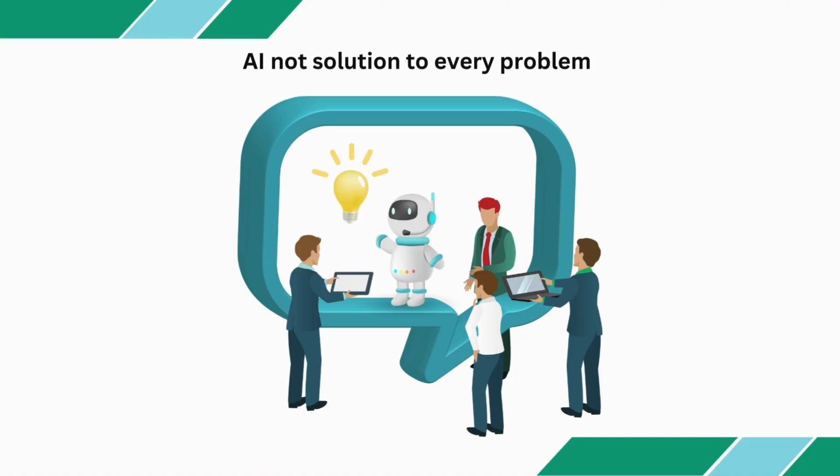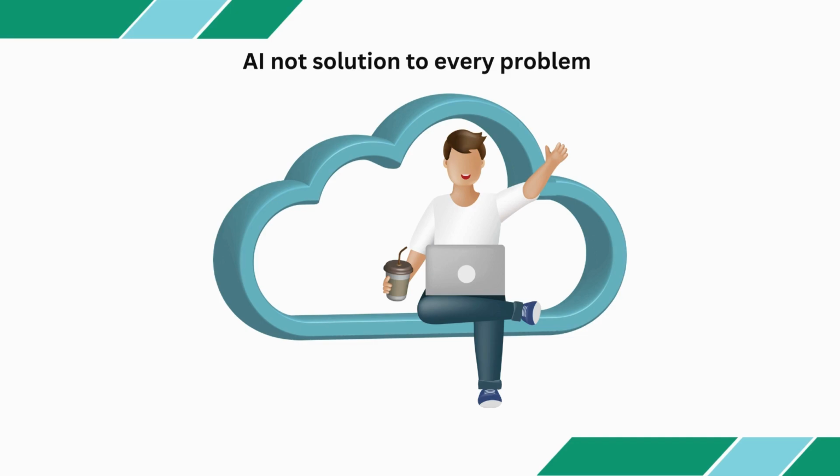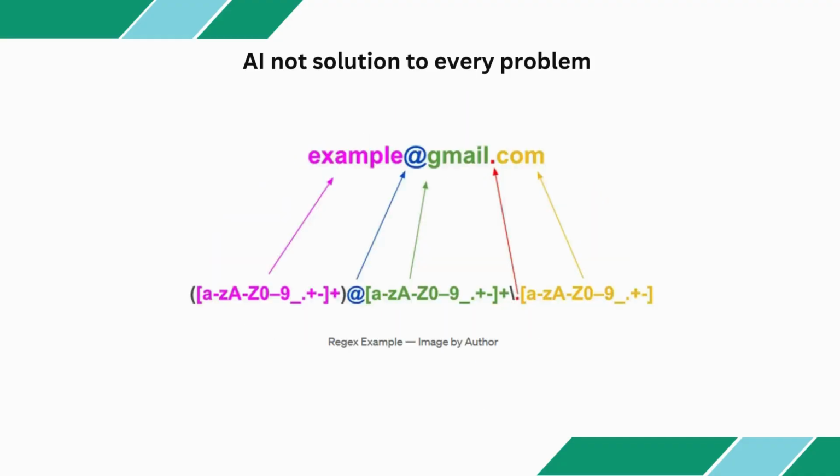This is a common data science challenge where you reach a certain level of accuracy and then you try to improve it using various techniques. Despite their efforts, the team struggled to enhance the model's accuracy. And one day, a junior data scientist joined the team. After learning about the problem, he asked his seniors to give him a few hours to tackle it. He came up with a solution that achieved an impressive 95% accuracy. The surprise? He didn't use machine learning to solve the problem. Instead, he used regular expressions, or regex as we call it, to validate the email address.